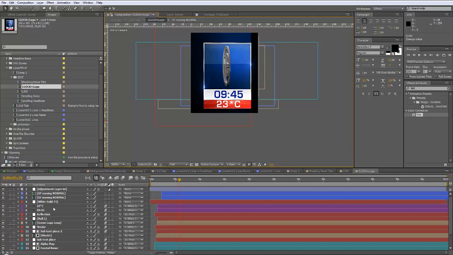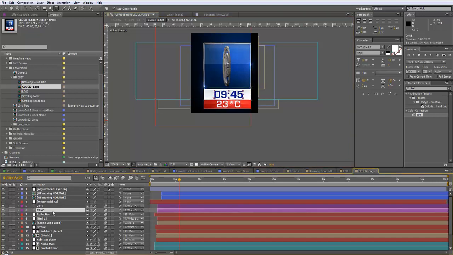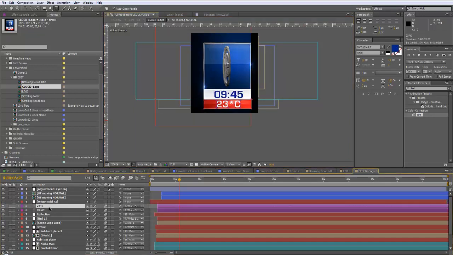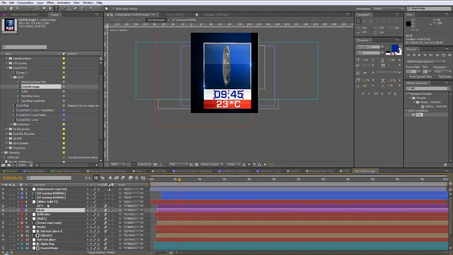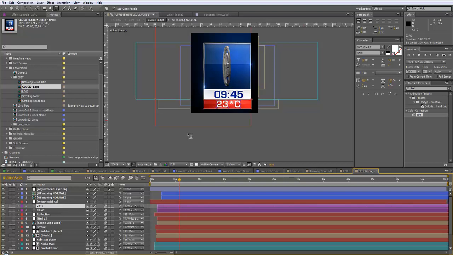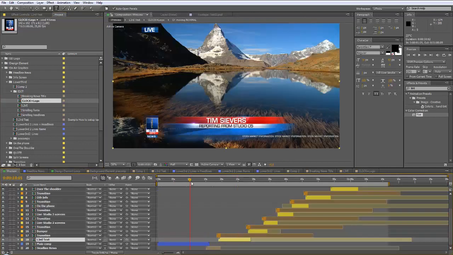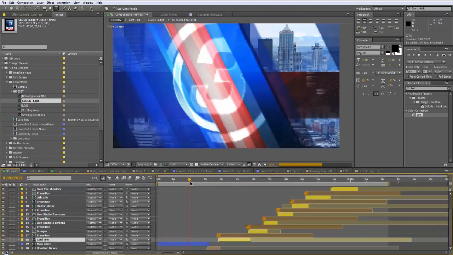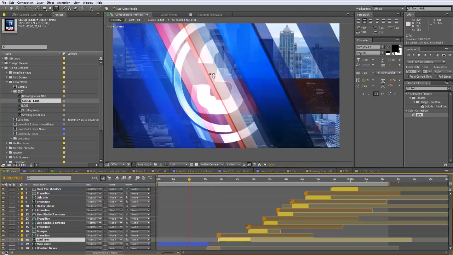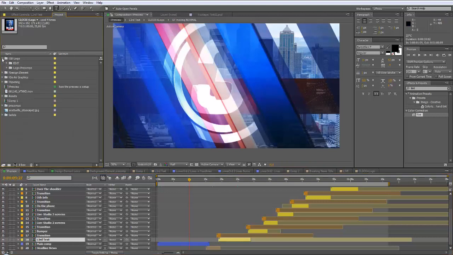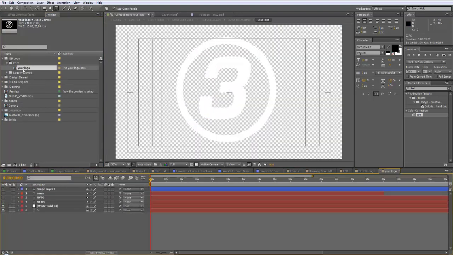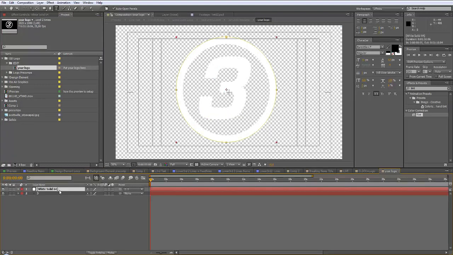We got these two text layers, the temperature and the time. Nothing to say much about this, but let's talk about the logo. To edit your logo, which also is appearing here in this area, you can go to 3D logo, edit your logo, and as you can see, we got this